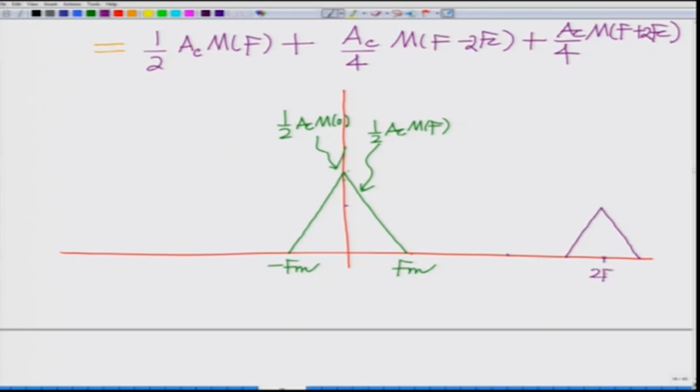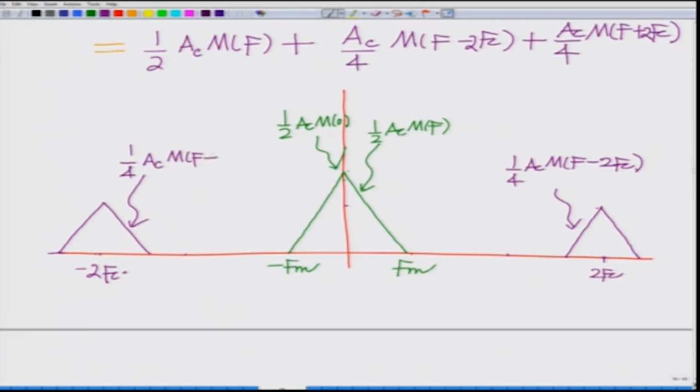So this is at 2 FC, you have a component which is 1 over 4 AC MF minus 2 FC, and similarly on the other side at minus 2 FC you are going to have another component, which is 1 over 4 AC MF plus 2 FC, correct. So you have these two bands at 2 FC and minus 2 FC,